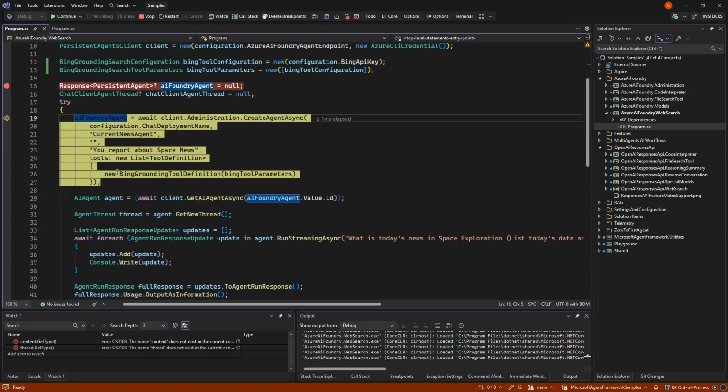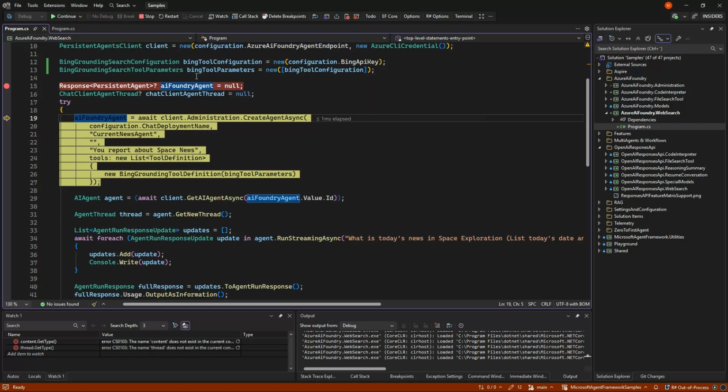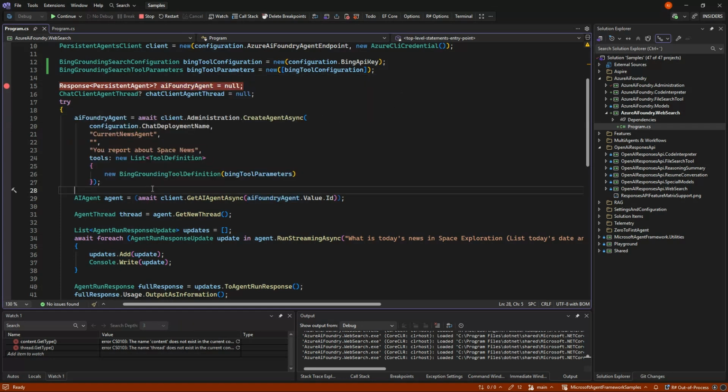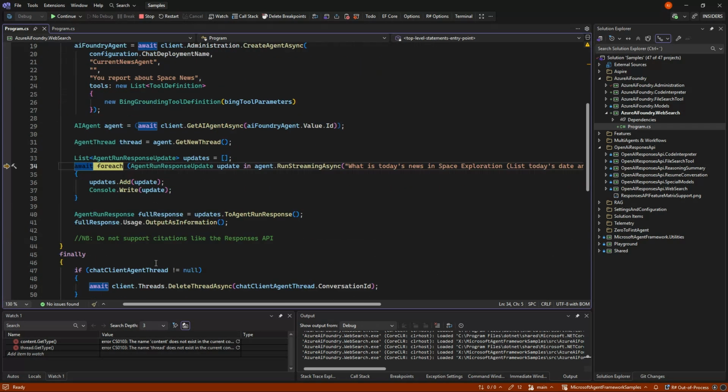And we then give it a tool definition with the Bing grounding definition that has these parameters, which was again one search configuration because we allowed only one anyway. And then we can go in here, make our agent, get our thread, and then we can ask what today's space news is. And I will just let it run.